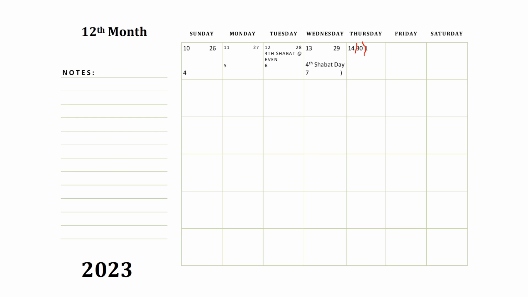This crescent moon right here doesn't mean that the moon is going to come out on that night. It means if you look at your notes, it said look for crescent moon. So we had to start looking for it on the 29th day. All right. So we start looking for it. If you don't see it, we've got to get a confirmation. We'll see it the next day, as long as it's confirmed. You just can't take the guesswork out of it.